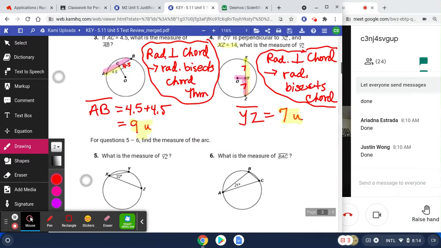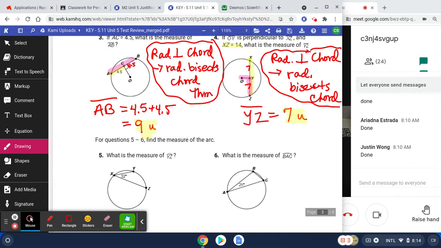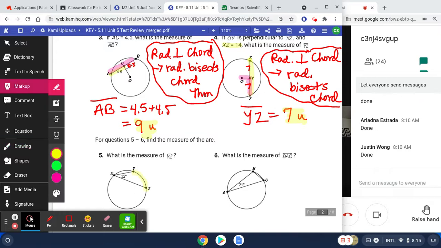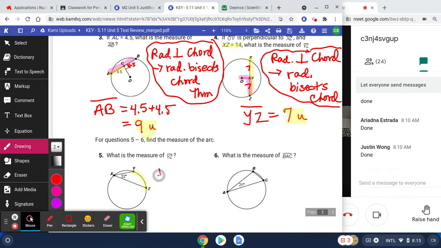All right, for 5 and 6, we've got some inscribed angles. Are you starting to recognize these, even if you don't remember the names? You recognize that that is not your central angle anymore. Okay, so this one right here is asking for the measure of YZ. And so using the inscribed angle theorem,